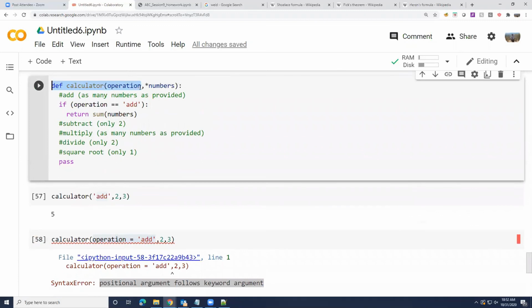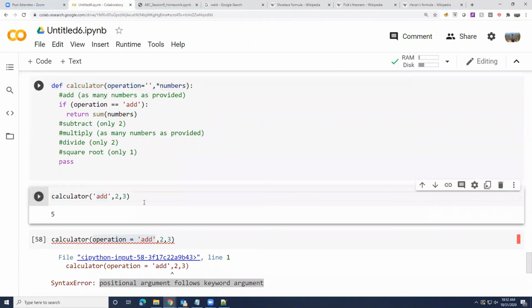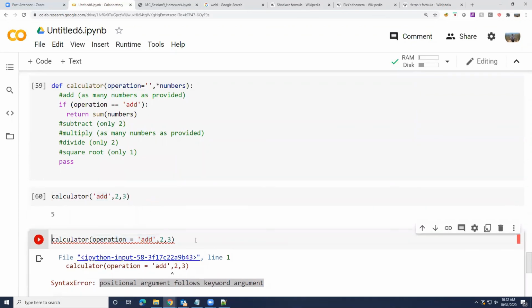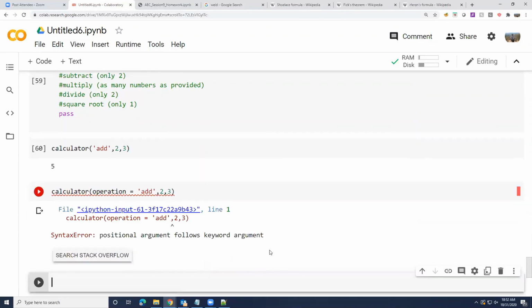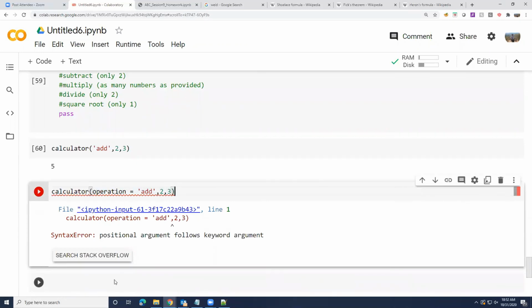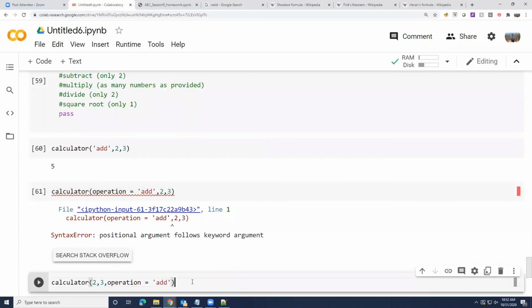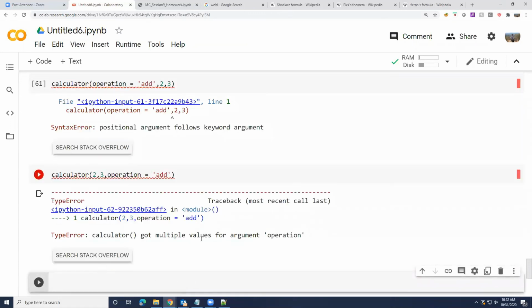What if I made this an optional argument? Let's see. The first method still works. The second method still doesn't work. So some ambiguity. Third method also doesn't work. Got multiple values for argument operation.